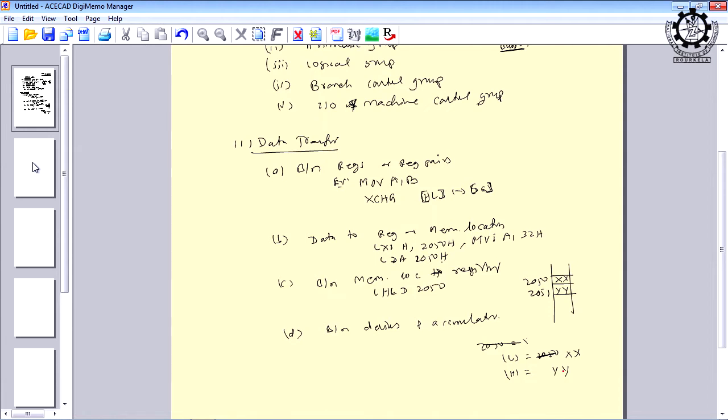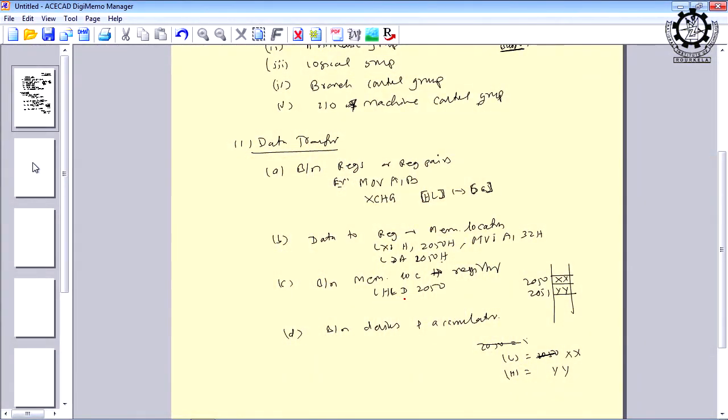Here also we are transferring the data, but we are accessing two different consecutive locations, 2050 and 2051, where you have to mention only 2050. By default it is understood that we are referring to two locations, 2050 and 2051, and which will be loaded into the register pair HL.